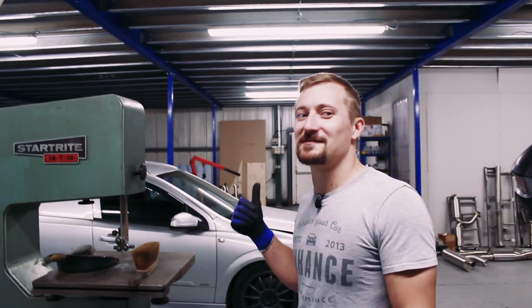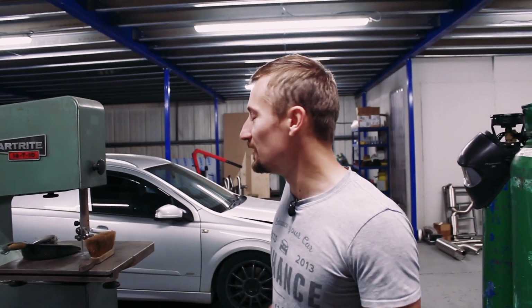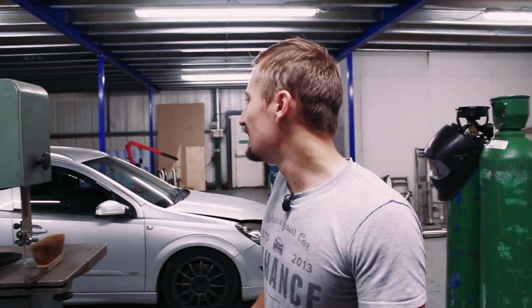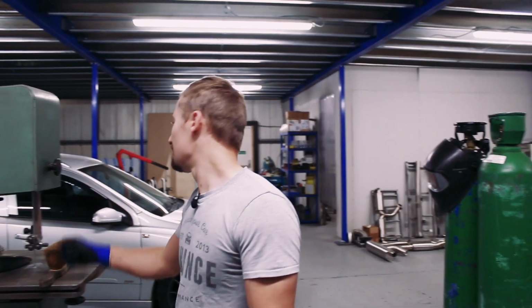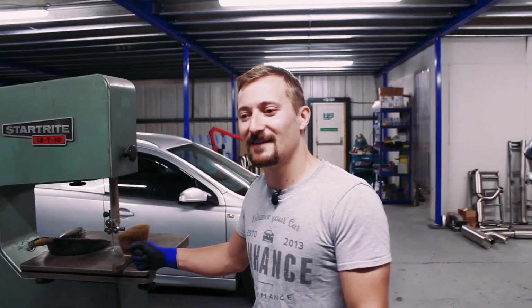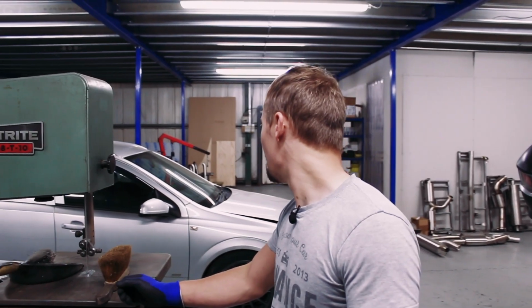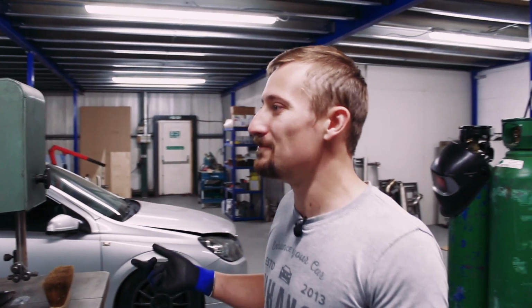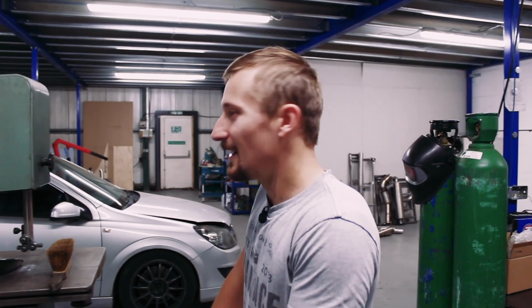The van really hasn't done many miles this year. Obviously, it took me a while to do the turbo conversion, and then the fuel pump went, and then the alternator's knackered on it, and the battery keeps going flat. So I've been kind of putting off doing the work on that because I've been busy doing other things. But it's in the workshop now, so I will get that sorted